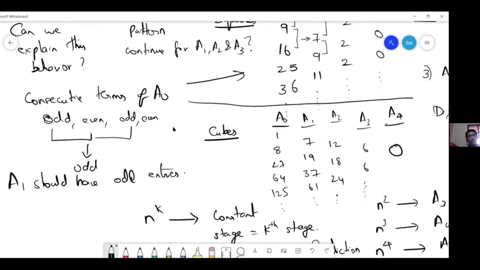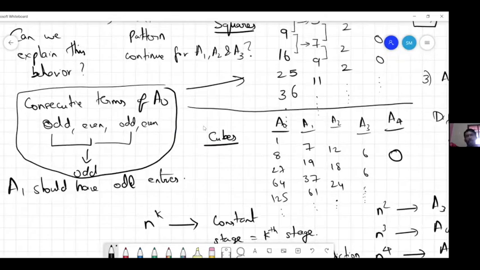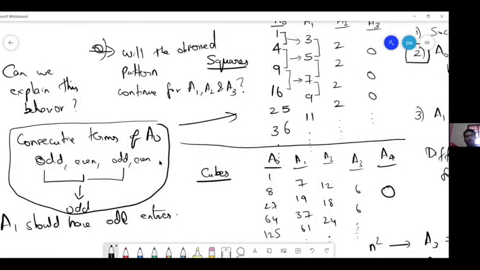Now, does this reasoning completely explain the sequence A1? Does this reasoning explain the sequence 3, 5, 7, 9, 11, and so on? They're consecutive odd entries. But does this argument prove that it should generate only consecutive odd entries? It can be proved visually, actually. This is a very beautiful visual proof I can show you, because of square and triangular numbers, right, Mega?